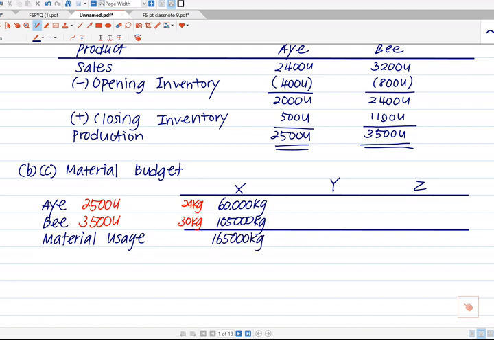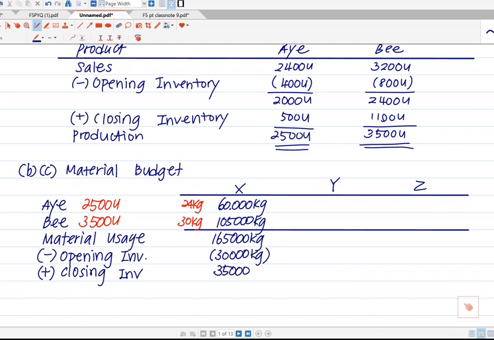165. The question is, are we going to buy 165 even though we need to use 165? No, because at the beginning we already have how many kilograms in the inventory? 30,000, so we don't need to buy so many, but we need to increase the purchase in order to keep closing. So we add back the closing inventory to increase the purchase. It's going to be 35. After the adjustment for opening and closing, what we have is